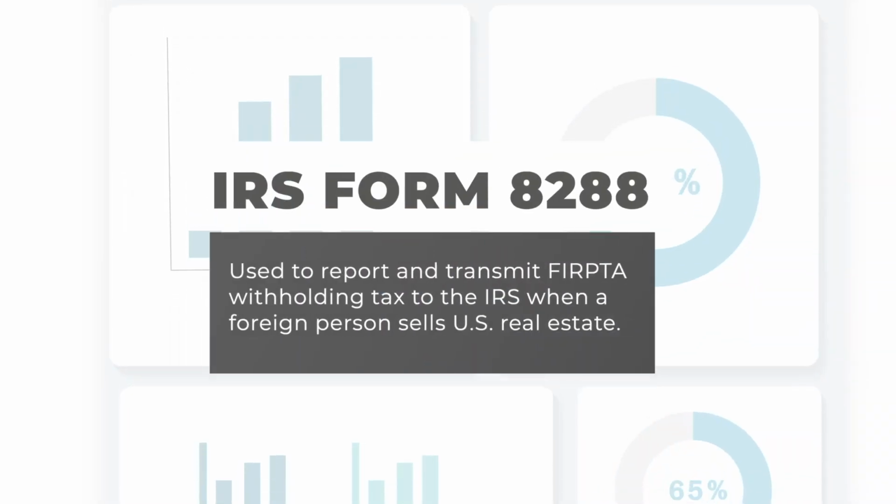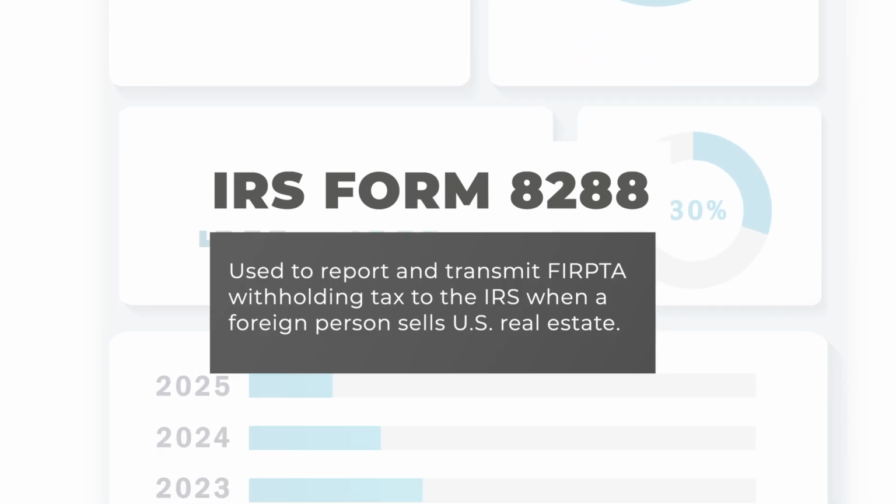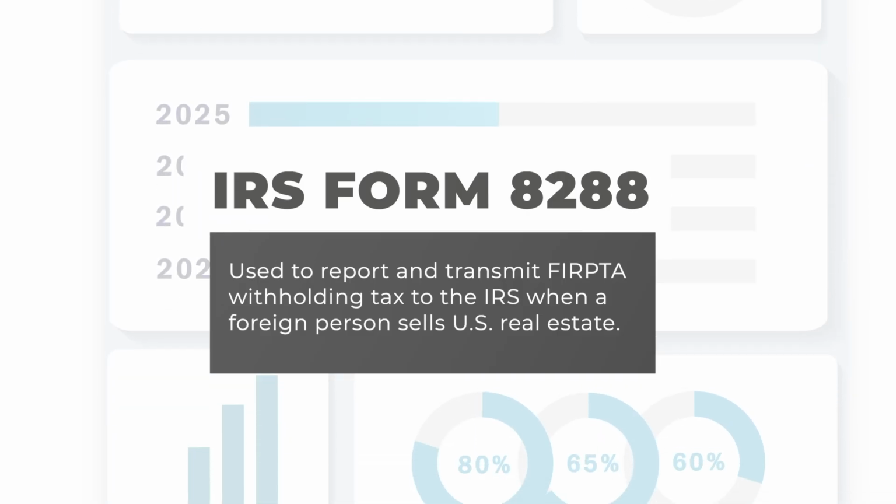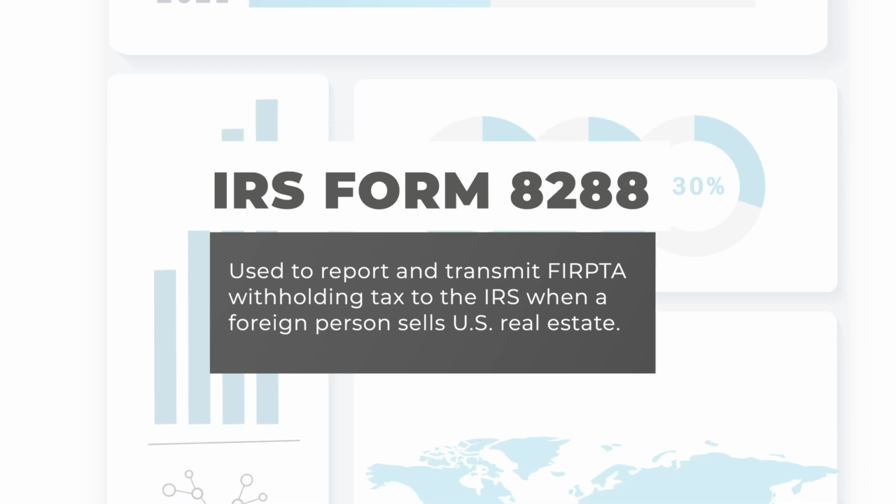The forms that are being used is an 8288 form. That's the government form. And accompanying it is an 8288-A form. And so what happens is a package has to be done by the escrow company, the title company of this transaction. So normally there's a closing statement that shows the sales price and shows all the money that went out to pay off loans and for the expenses for real estate commissions and proceeds and so on. But then another form that has to be done, it's a government form. It's an 8288. We call it the 8288 because it just sort of has a rhythm to it with IRS forms read off. And so the buyer is showing as the responsible party.